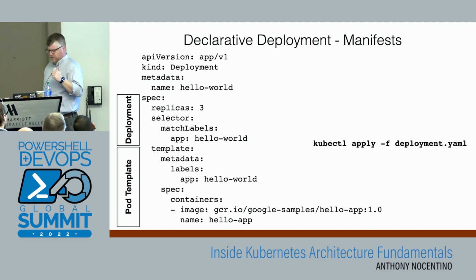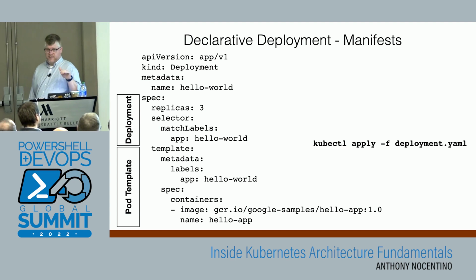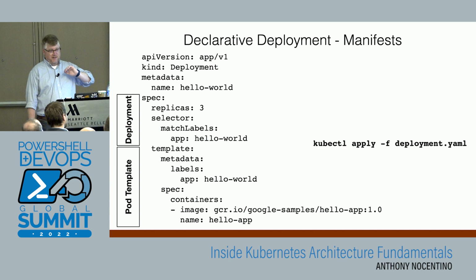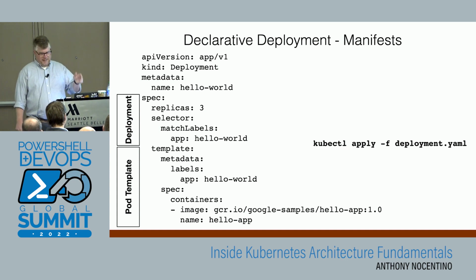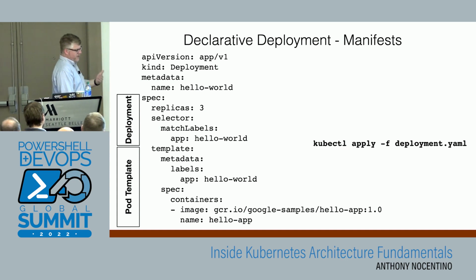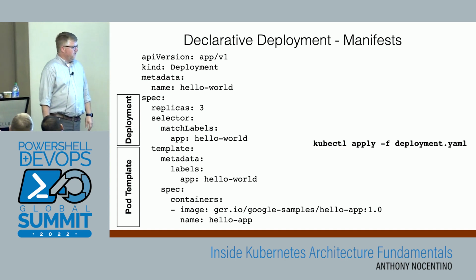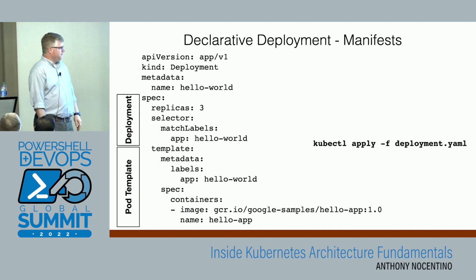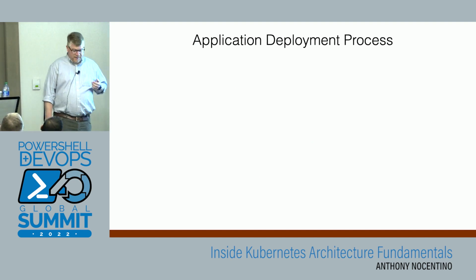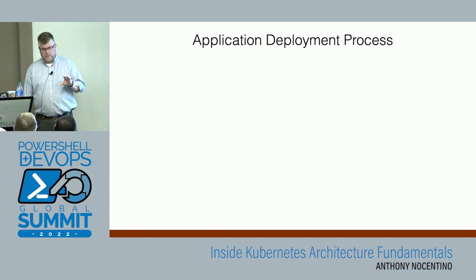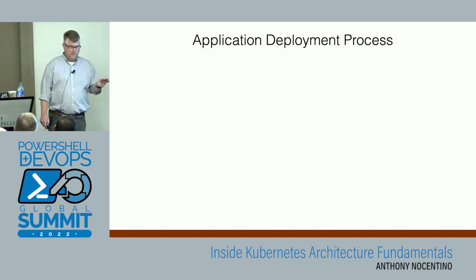I save that stuff into a file. I use kubectl to deploy that with the verb apply -f, and it pushes that out. This is really cool for demos, but you're probably going to build things like Azure DevOps pipelines and GitHub Actions and things like that to actually make this happen. But when you're getting started, this is kind of the way to go with regards to pushing code into a cluster. Cool. So I take that code, I type kubectl apply,